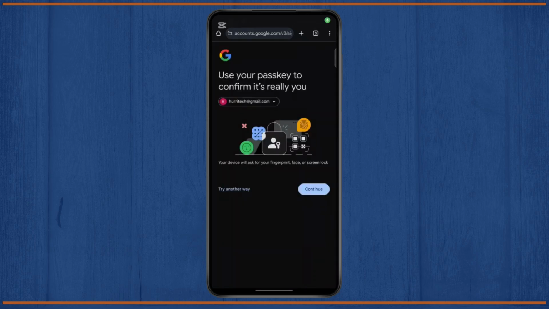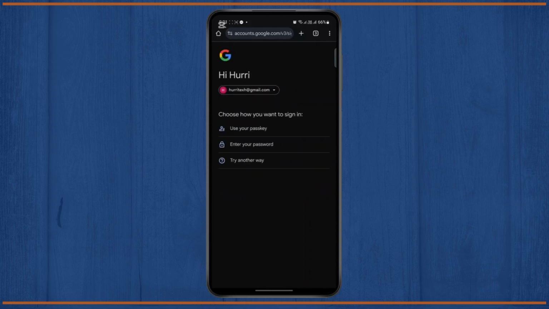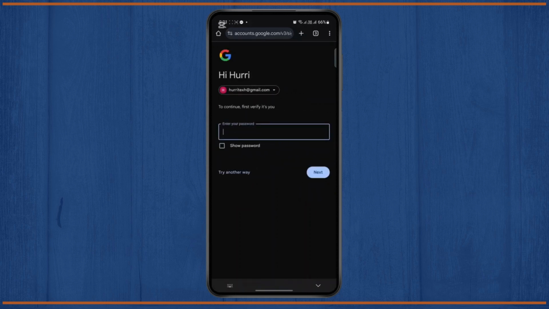From here, it will ask you to verify yourself. So if you have set up any passkey, you can continue with that. Or you can try another way by entering your current password. So go ahead and enter your current password. From here, tap on next, and then it will directly take you to